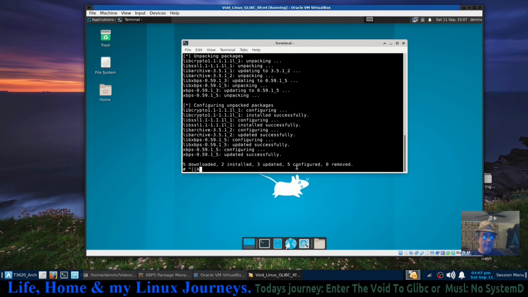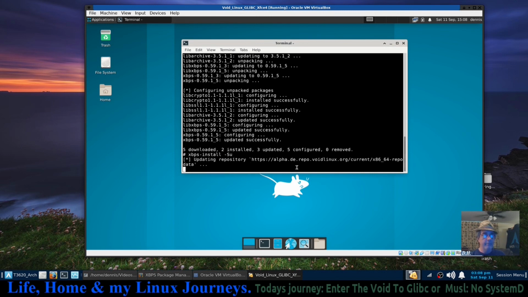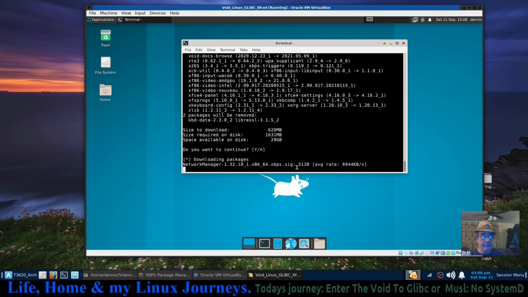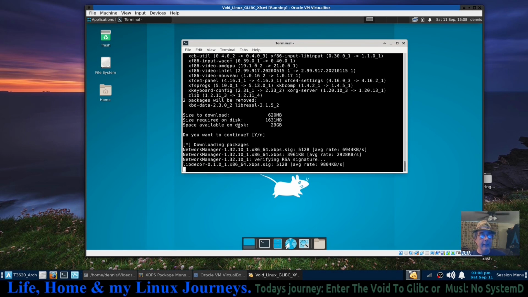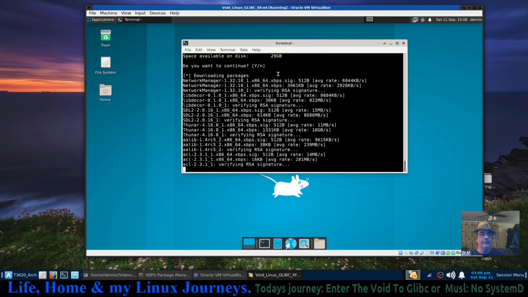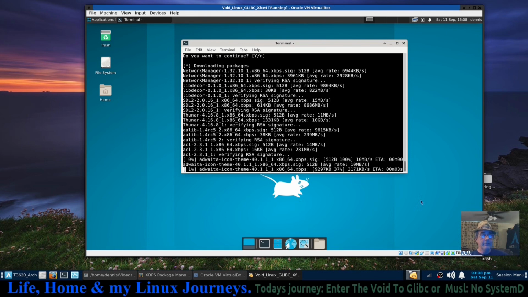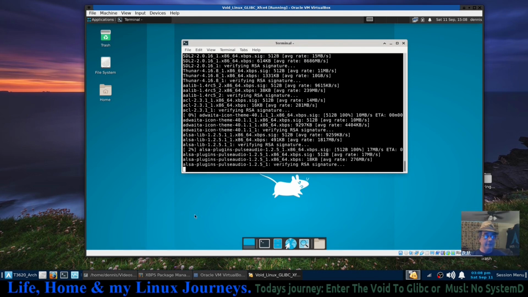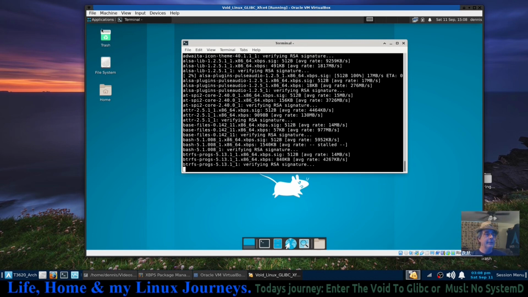Okay, so now we don't have an up arrow to bring that back. Nothing. Okay, so I'm going to do it this way. xbps-install -SU. And there's a lot of updates. 29 gigs of space, that's the space available. 600 something meg download, so it's quite a bit. So while that's doing,